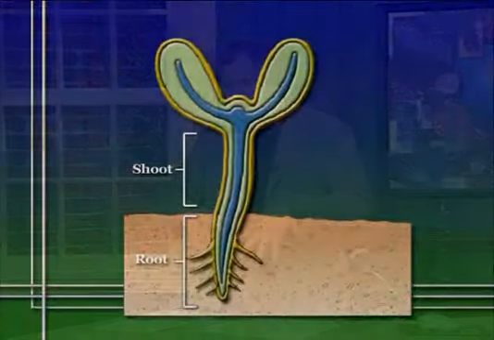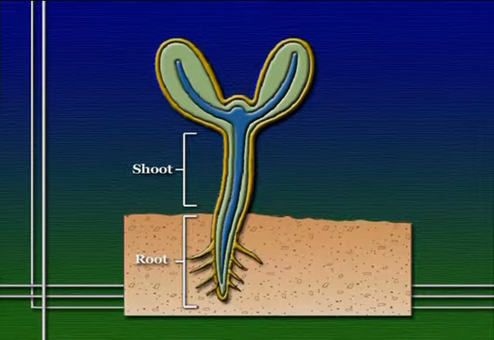Because they live at this interface between the ground and the air, the fundamental organization of plant bodies is divided into two main components. There's what's called the shoot system, which is the part of the plant that's above ground, and the root system, which is the part that's below ground. Now, roots and shoots are specialized in very different ways in terms of their overall morphology and specializations of the cells that occur within them. The point that we want to keep in mind right now is that as the plant develops, what is going to become part of the root system has to differentiate in very different ways from what's going to become part of the shoot system.